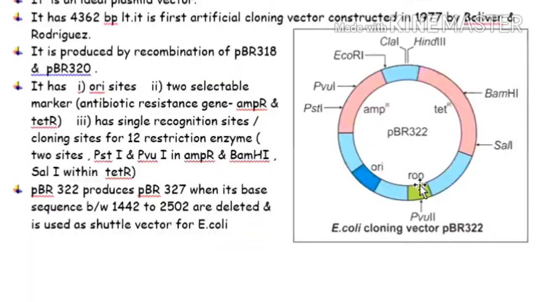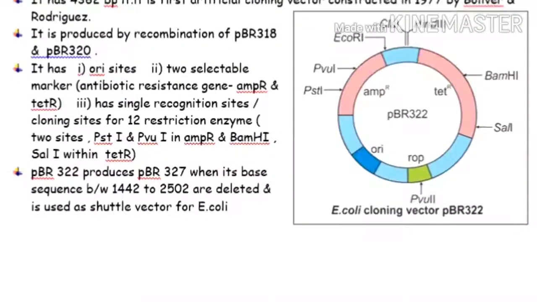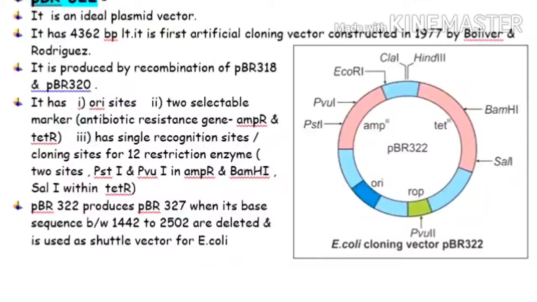What does ORI stand for? It is the origin of replication of plasmids. This is the first ideal plasmid, prepared artificially by Bolivar and Rodriguez, in which they use one origin of replication site, because that is an essential feature for any plasmid or any DNA to work as a vector. Then it has two markers, which are antibiotic resistance genes, and these are the cloning sites. So I hope the diagram is clear up to here.